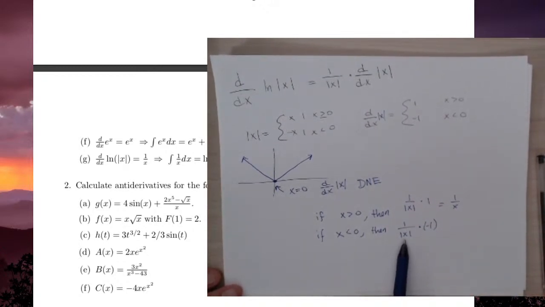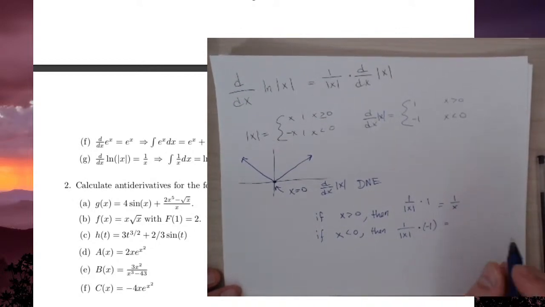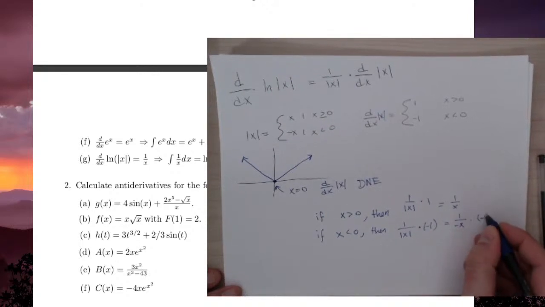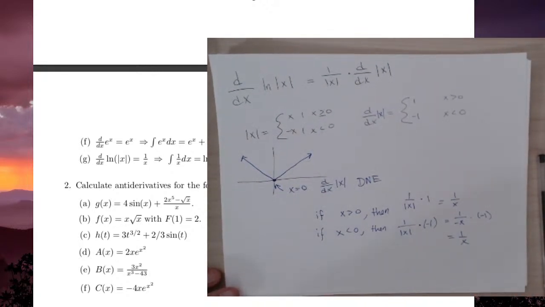The absolute value of negative x is positive x, because we take the negative of negative x. So this will be 1 over negative x times -1, but that's just 1 over x. Sort of rambled a little bit there, but anyway, the point is that this actually is the derivative